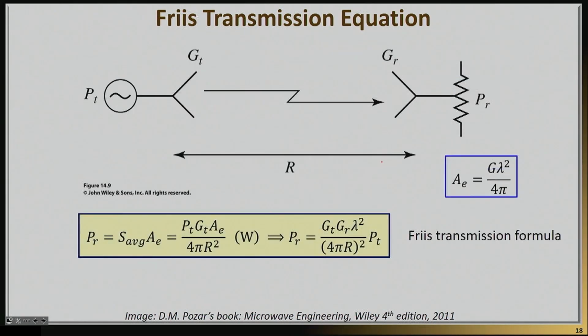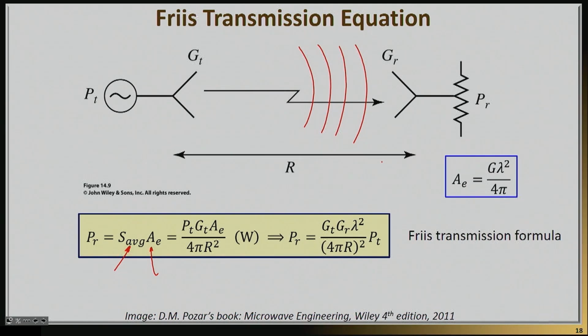Now, let's come to the receiver side. The receiver essentially is going to see that wavefront that is coming to the receiver, and is going to pick a specific amount of power contained in that wavefront. The way we normally imagine this as happening is by looking at the incident power density, which is the one I just wrote down before, and then multiplying this with an effective aperture. It's almost as if the receiver is opening an aperture and collecting some amount of this wave inside the receiver. And this aperture is a specific